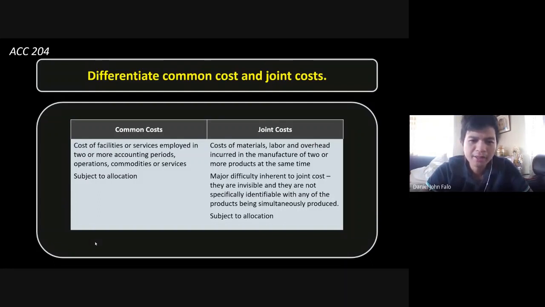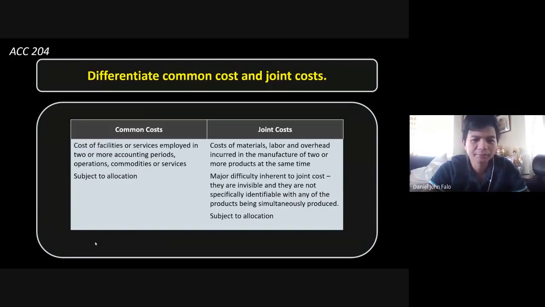Ang pinagkaiba nila is that pag sinabi natin joint cost, specifically ito sa manufacturing cost. Maghahati lang siya sa materials, labor, and overhead. Pero pag sinabi natin common cost, it can be manufacturing cost or it can be non-manufacturing cost. But that is the main difference between common cost and joint cost. So, ang example ng common cost, yung mga depreciation, rentals, kung saan maaari siyang maging manufacturing cost if it would be related to manufacturing. It can also be selling or administrative, depende dun sa function ng